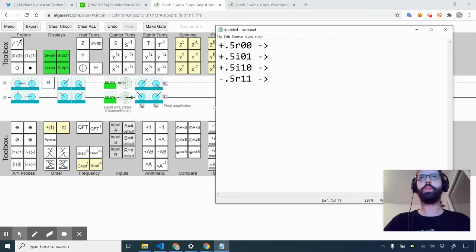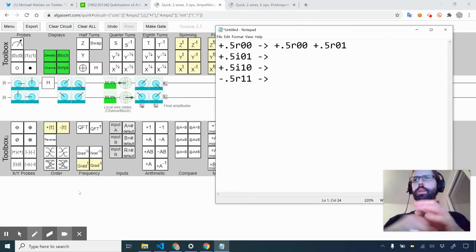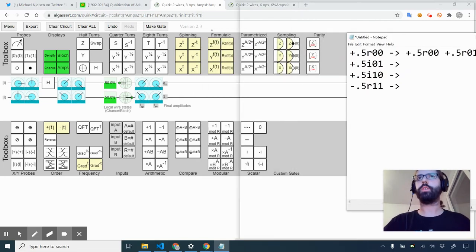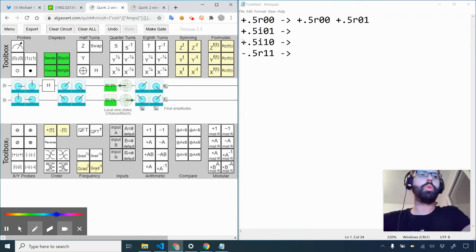We're going to take a look at how this evolves, and here we get obviously 0.5 plus 0.5 real 0, plus 0.5 real 0 1. So all we're doing is we're applying something that we